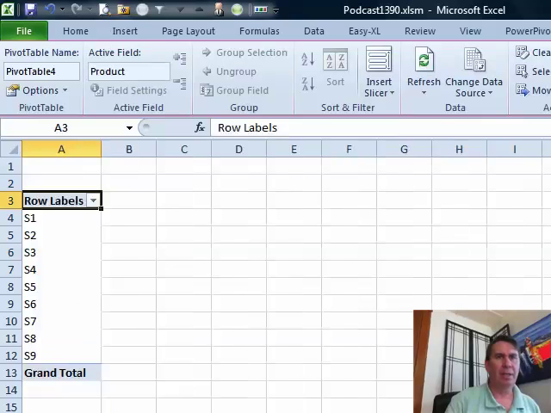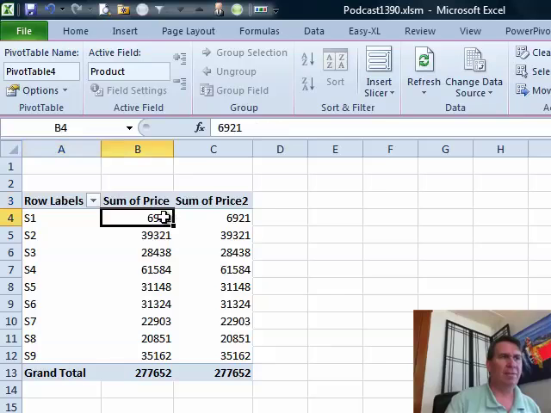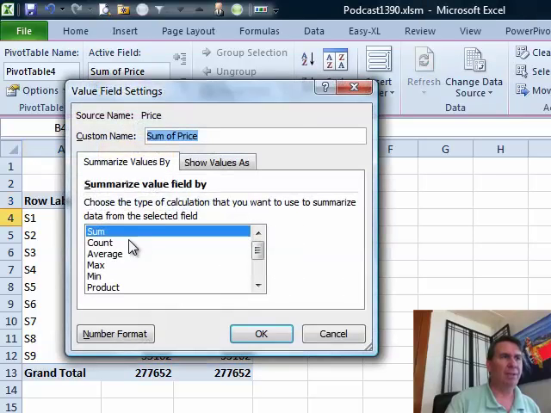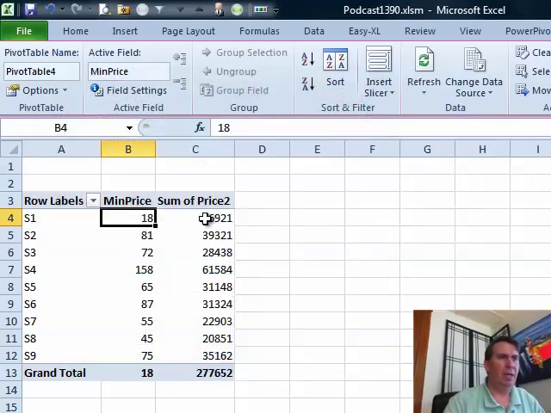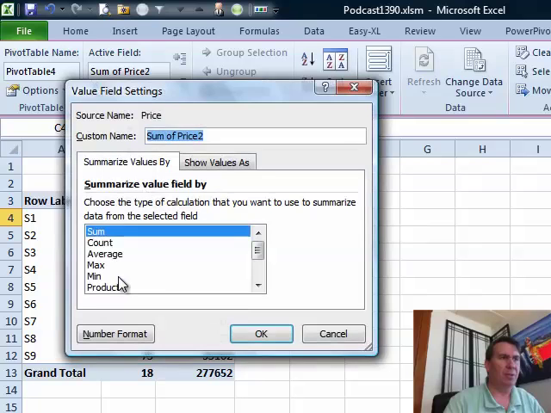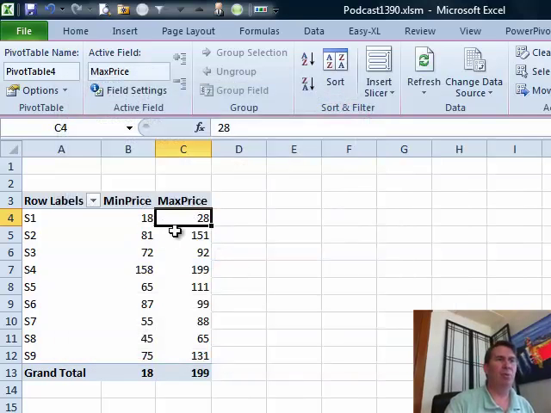I'll choose product. I'll take price and drag it to values twice. This first one we're going to change to a min, so we go into field settings, choose min, I'll call it min price. Click OK. This one, field settings, we'll choose max. Call it max price. Okay, then in the pivot table, Kelly wants to figure out what the range is,